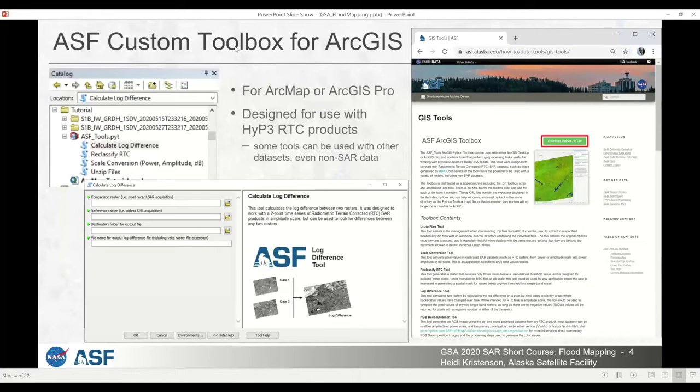ASF has developed a custom toolbox for ArcGIS applications. It can be used in either ArcMap or ArcGIS Pro. And it was really designed specifically for use with products that are generated by HyP3, which is what's working in the background when you order on-demand products from Vertex. So if you've ordered RTC products through Vertex, they behave fairly seamlessly in the toolbox. But you can also use other SAR data sets as long as they are appropriate for the specific tool that